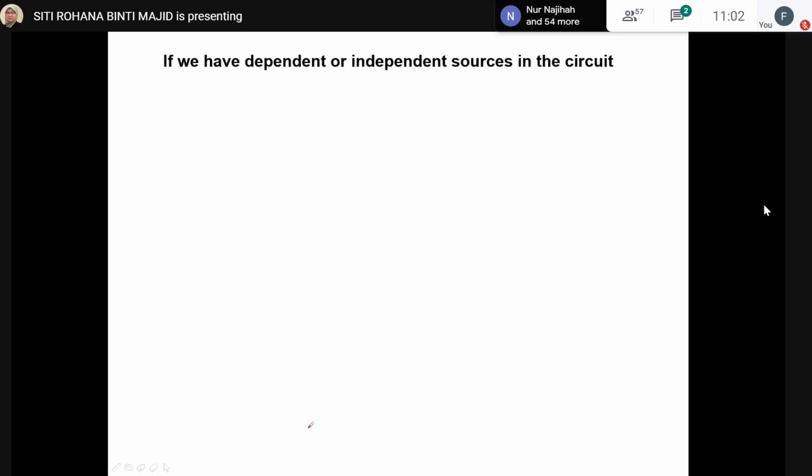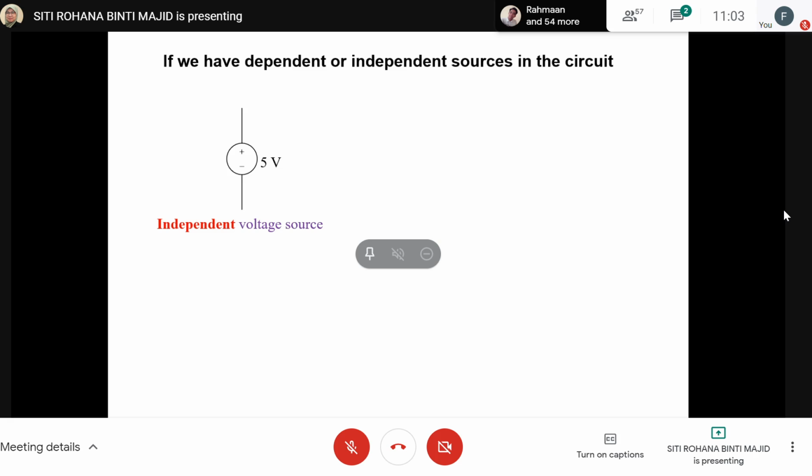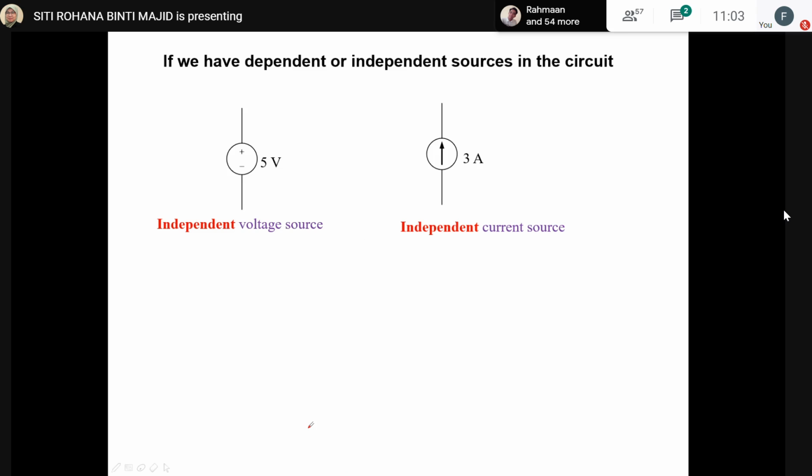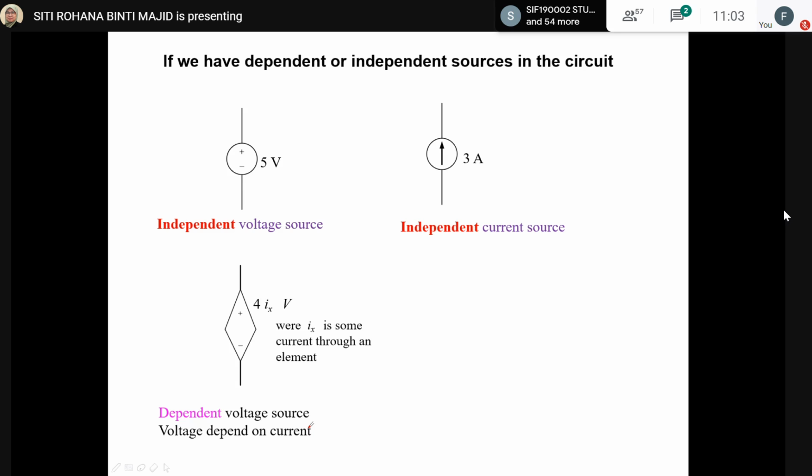So we start with if we have an independent voltage source. You see the symbol is round in shape, and beside the symbol we give the value of the source. So in this case it is an independent voltage source of 5 volts. The right side figure is an independent current source, which is 3 amperes, and